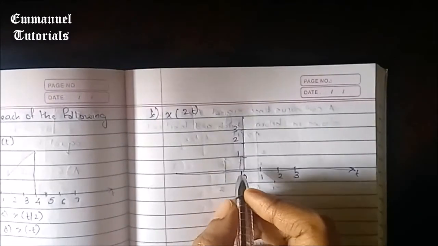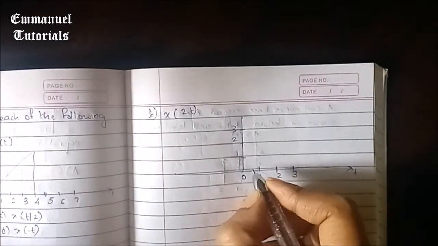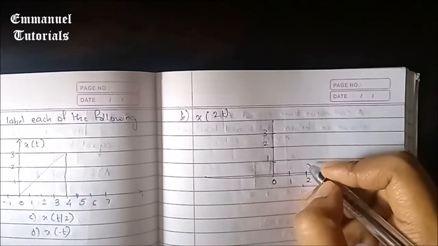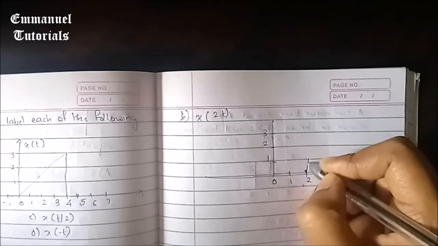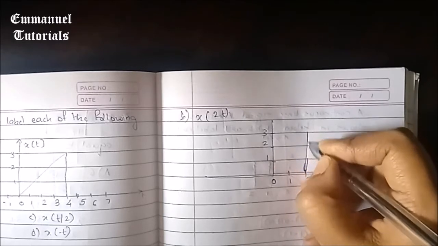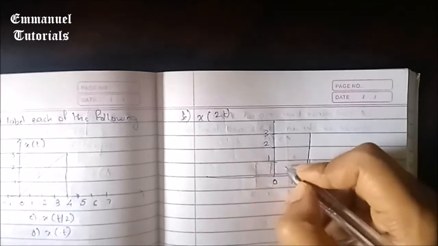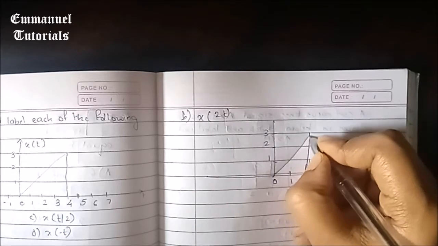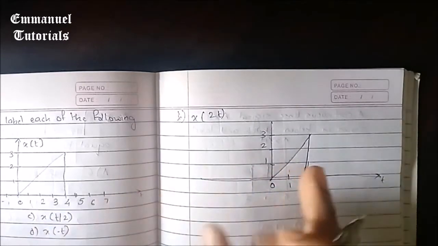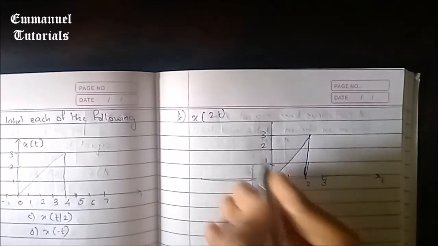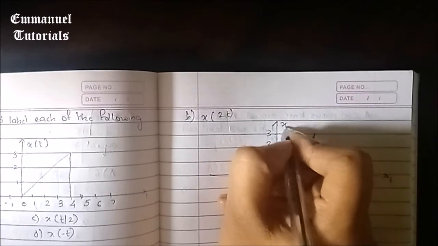Now, as we know, signal at 0 will appear at 0, signal at 2 will appear at 1, and signal at 4 will appear at 2. So first we'll draw the signal at 4 so that we can draw the signal properly without knowing the exact slope. We can just draw amplitude as 3 and join these points, because you know the amplitudes at 0 and 2. So you can see compression has occurred, the signal has become narrower. This is x of 2t.